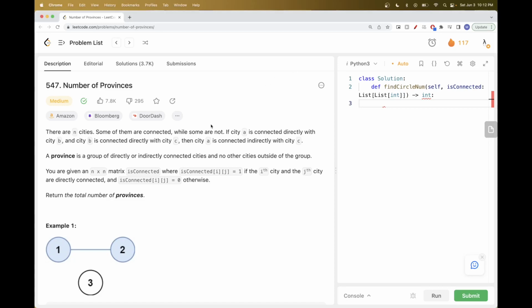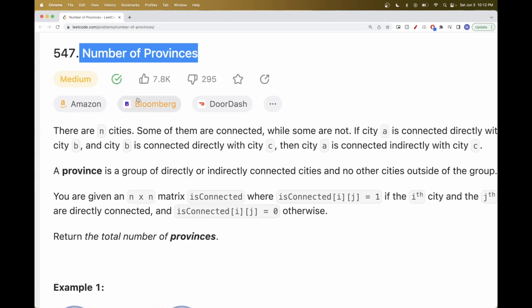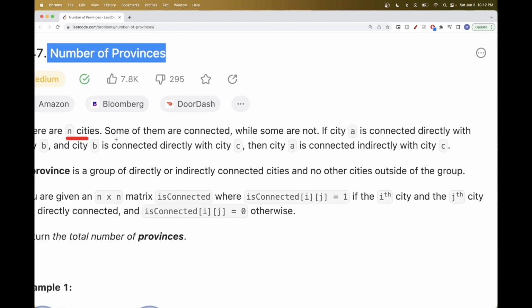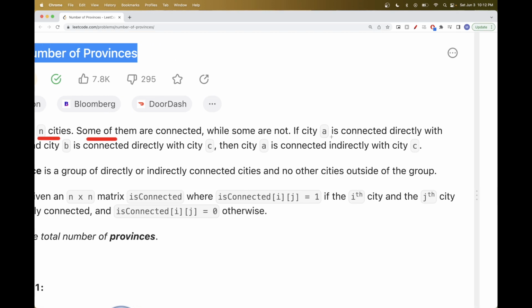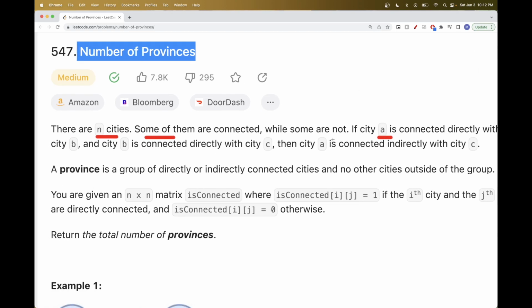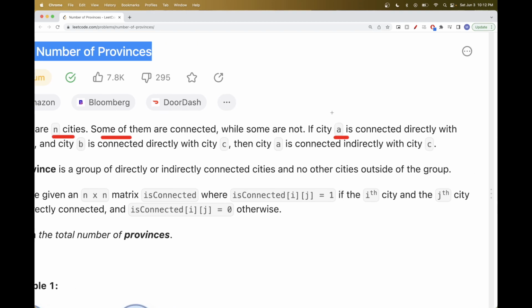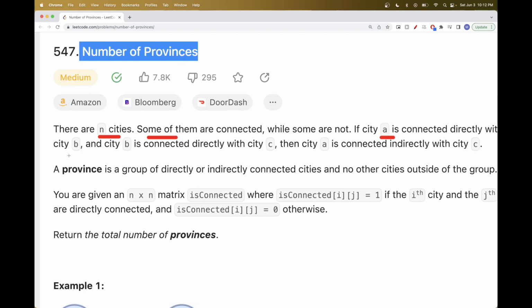Hello, so today we are going to do this problem which is part of Leetcode daily challenge, number of provinces. What this problem says is we just have n cities and some of them are connected while others are not. And basically a city is connected directly to another city. So let's say city A is connected to B if